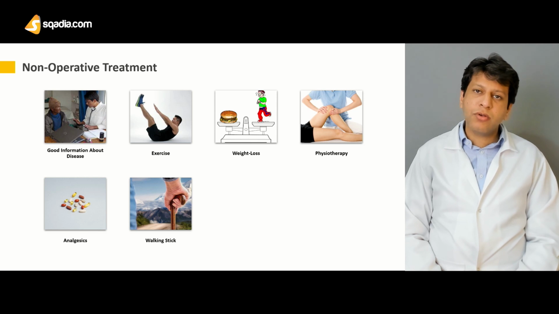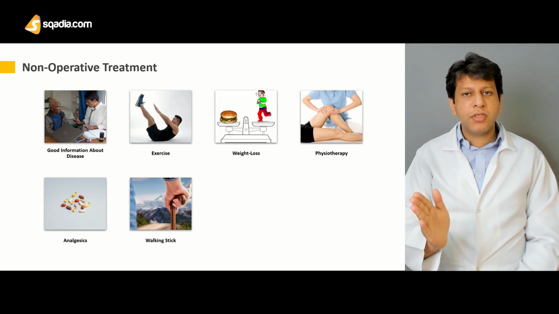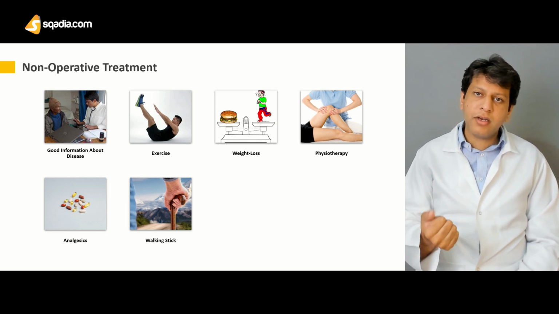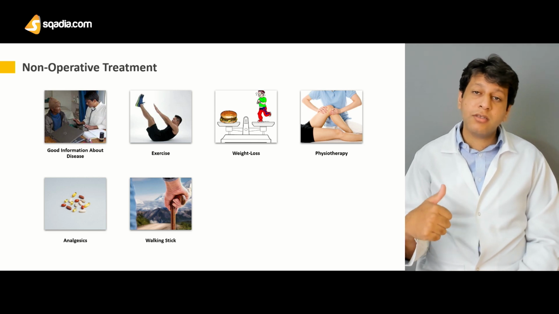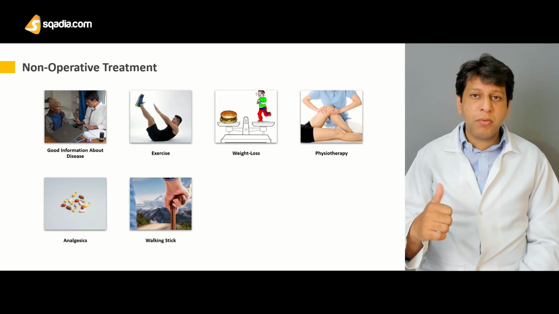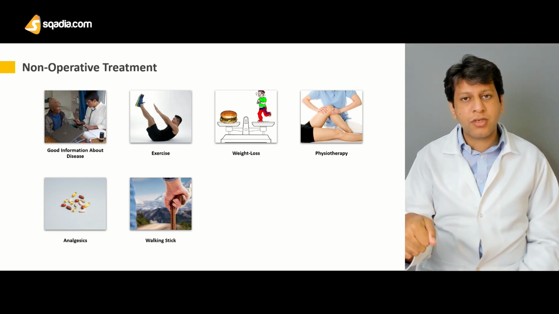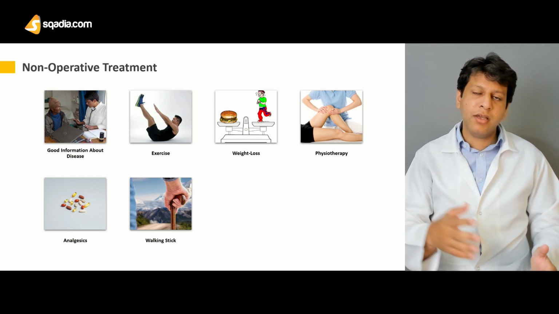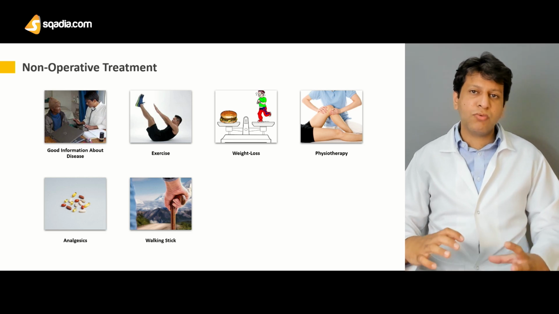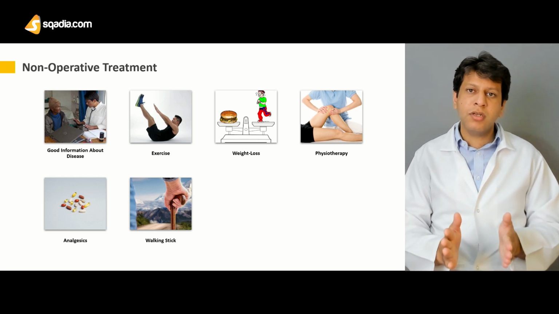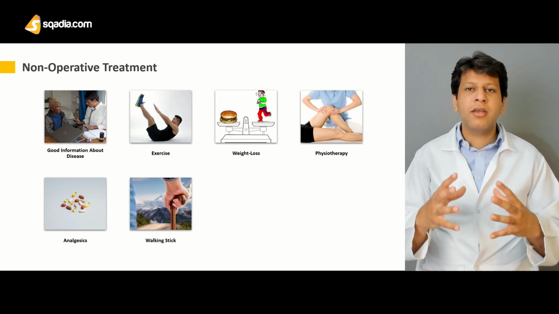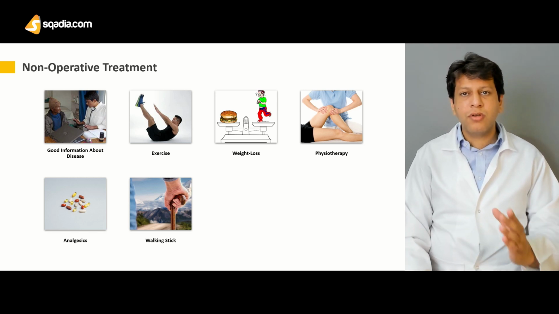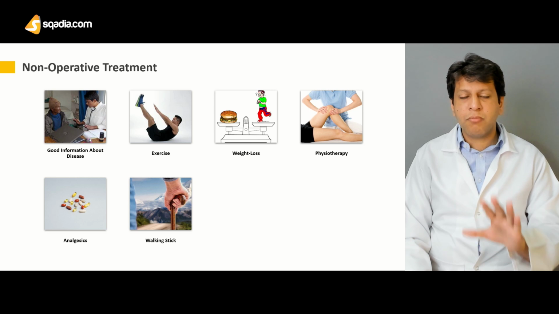Walking aids are important because they actually offload the weight which is being transmitted through the joint. For example, if the patient is having isolated right knee arthritis, the patient can use the walking stick on the right side. Now, what would this do? The weight would be transferred from the shoulder and hand to the walking stick rather than being transferred to the right knee. And the patient can bear partial weight on the left knee and mostly on the walking stick. This would actually offload a lot of the pressure from the knee and would lead to decreased pain and a much better life for the patient as compared to when the patient is bearing all the weight